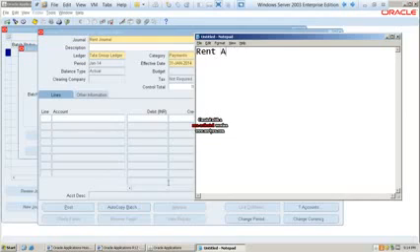When you pay rent, what is the entry you write? Rent account DR to cash account CR. Rent account debit to cash account.